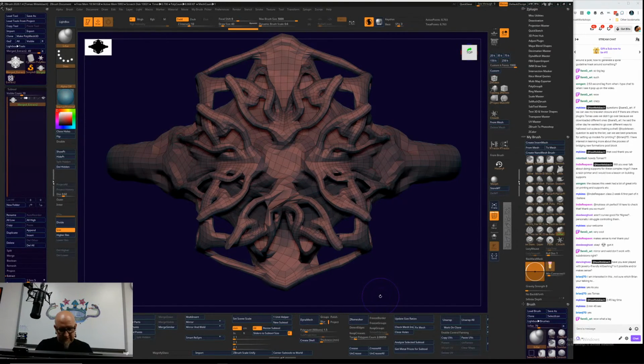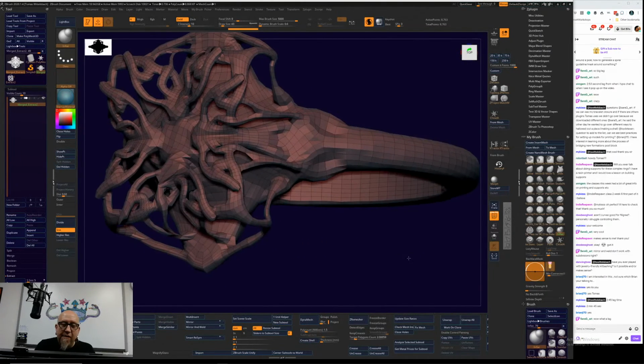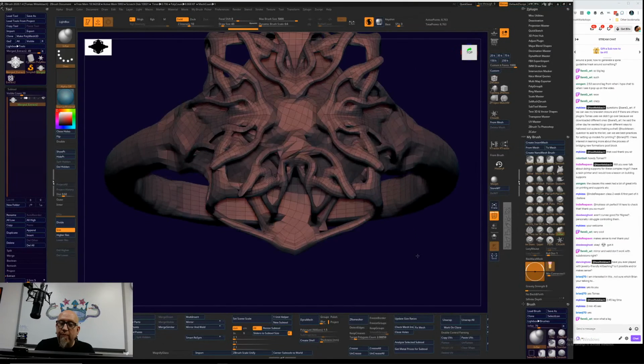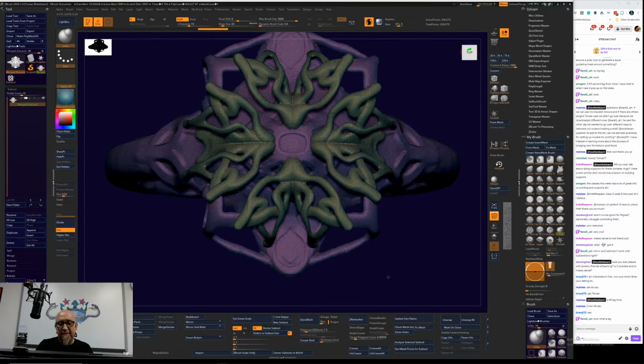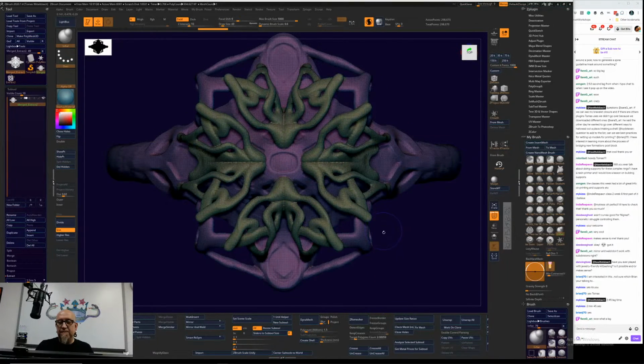turn on symmetry. And we're not going to undo this. This is fine. Well, maybe not. We will undo this because that was sloppy right here. So what we're going to do is turn symmetry on. And we're going to do X and Z symmetry. And now we are going to